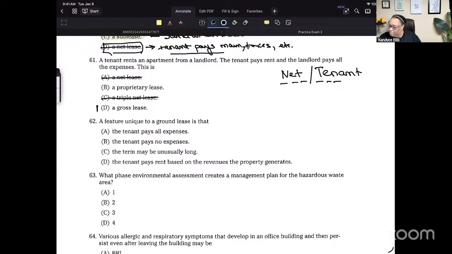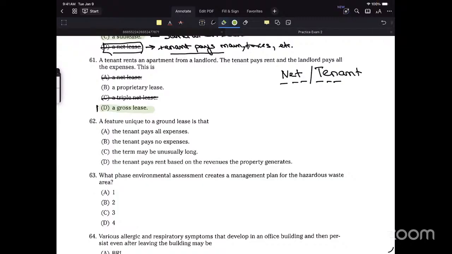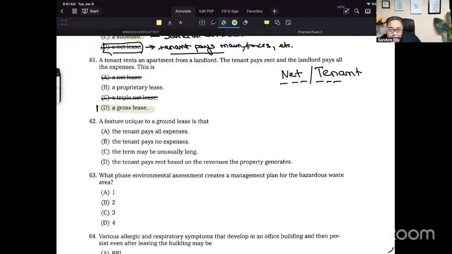Yeah, Caroline, triple net and triple are the same. Proprietary lease, gross lease. Now the answer is in fact a gross lease, but what is a proprietary lease? I really don't think I heard of that one before. Have you? It's just on the tip of your tongue.